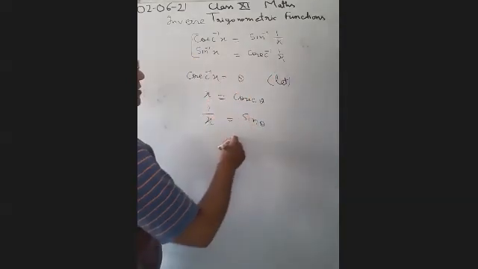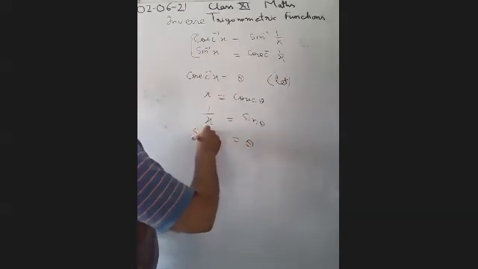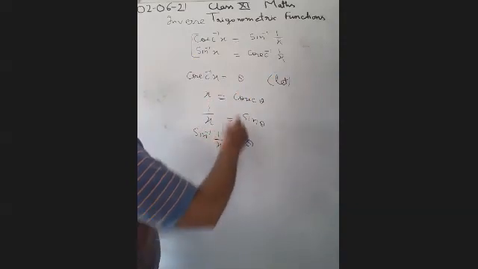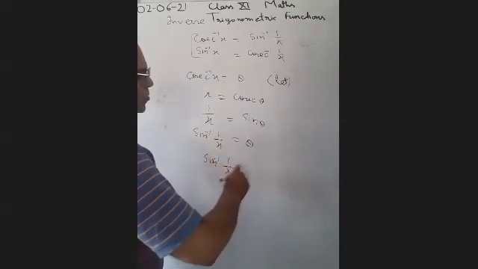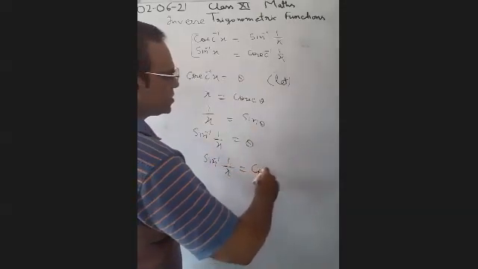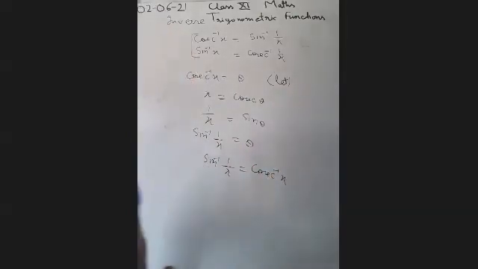From here we get theta equal to sin inverse 1 upon x. But theta is equal to cosec inverse x, so cosec inverse x is equal to sin inverse 1 upon x. So as I have proved this one, the remaining 5 trigonometric functions you can do in